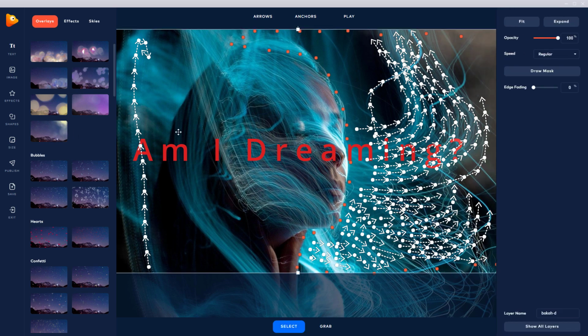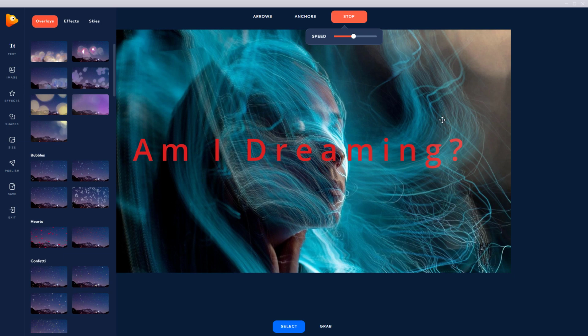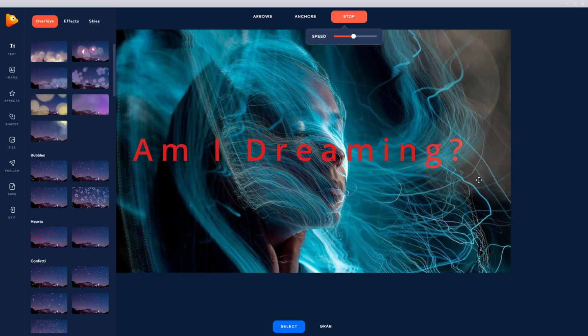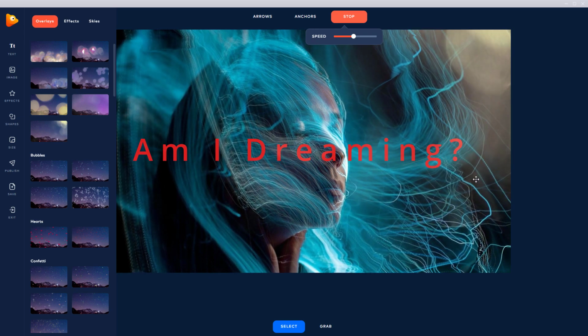So I can put, they're effectively overlays, so I can put an overlay on. So I can mask it. I'm going to just fit it. So I've effectively put a light leak in. So I'm going to play that. So you can see here we've got a light leak. And I think that sells it. That just makes it so much more realistic. And also it hides the little imperfections that you've made as well.